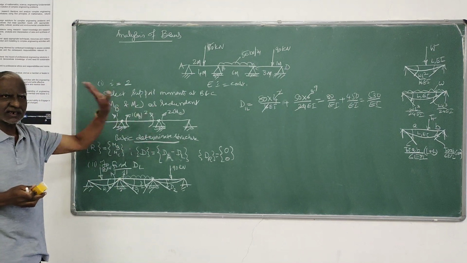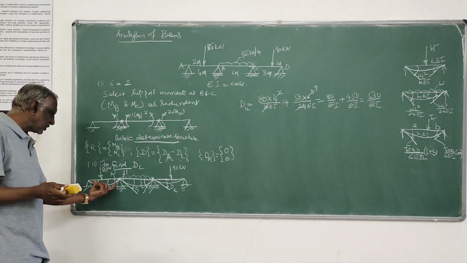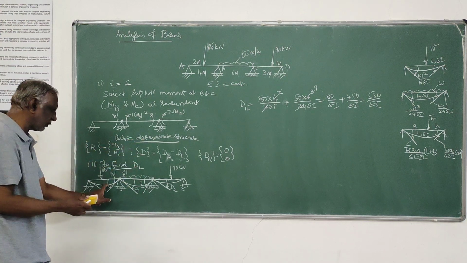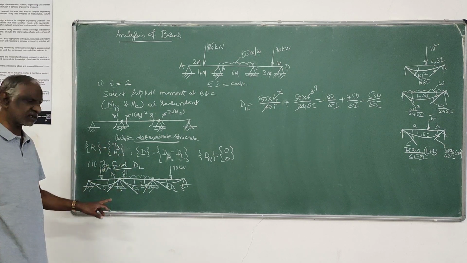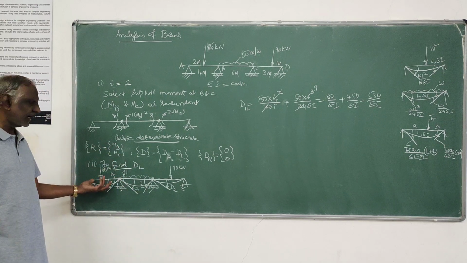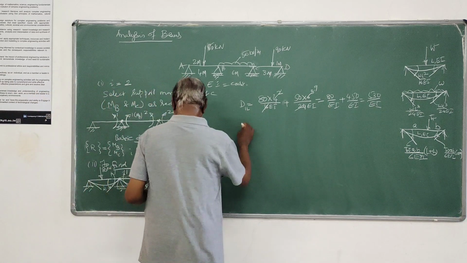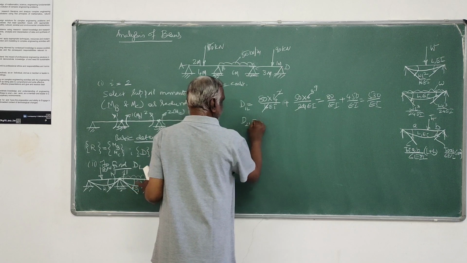This is the simple calculation you can initiate. Otherwise, you can adopt the conjugate method for this, and take out separately, work out what is the slope here. This also you can take out separately, work out what is the slope here, and add the two, you get the same value. Next, along the coordinate 2, d2n is equal to,